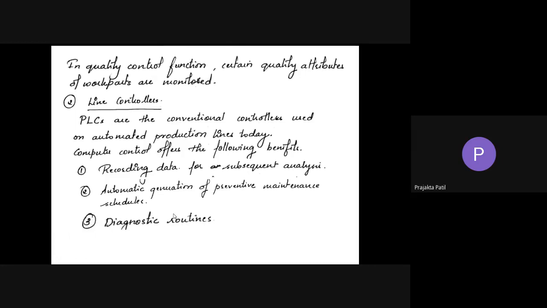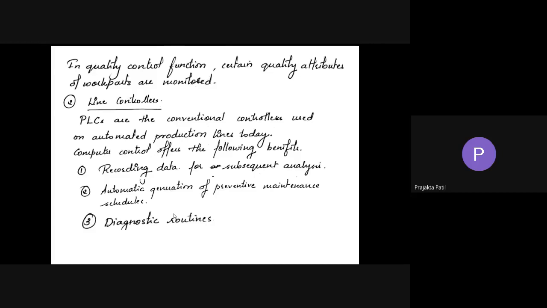One is diagnostic routines. Diagnostic routines are to check out the maintenance and repairs when the line breakdown occurs, and to reduce the duration of downtime incidences. So diagnostic routines are again these automated systems that are in place. If you have these diagnostic automated systems, whenever a breakdown occurs, with all their database, they can check out where exactly the problem is in a machine. Okay, so its diagnostic ability will help you to not waste your time in checking out the complete equipment.